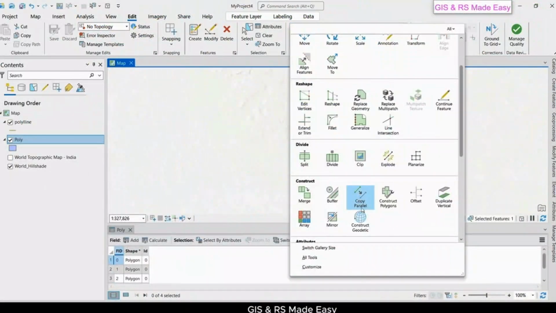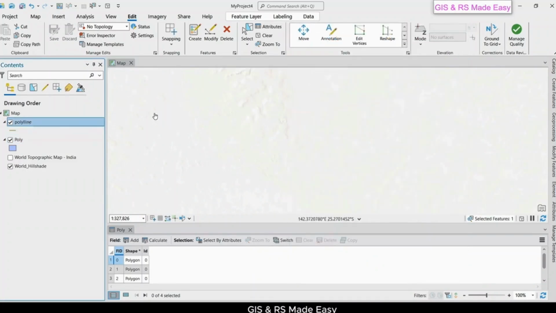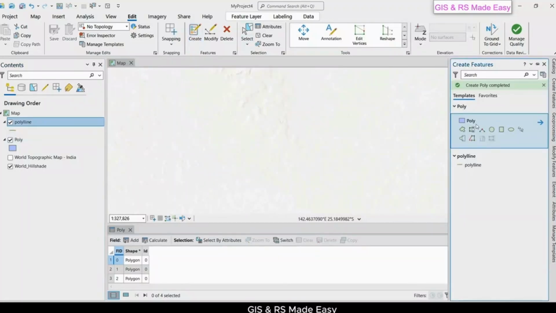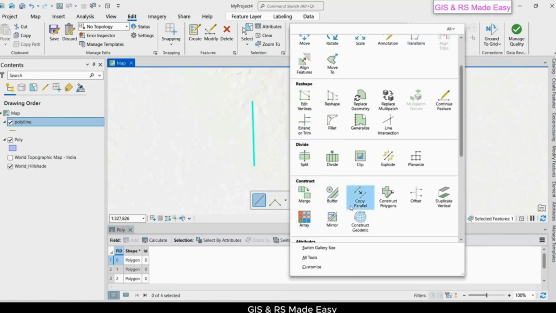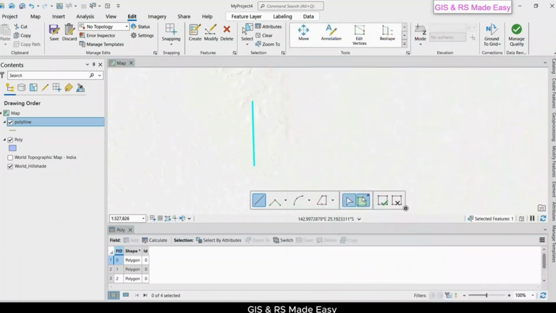Now we will see the copy parallel tool. Let's create a line using this polyline layer. Create line and finish. Click on the copy parallel,